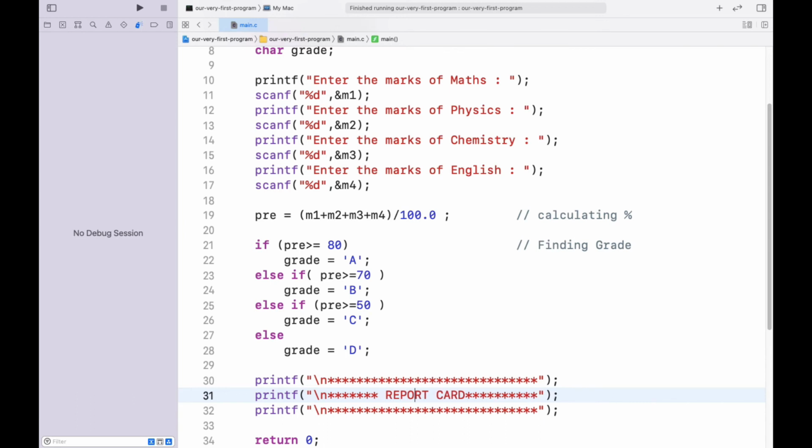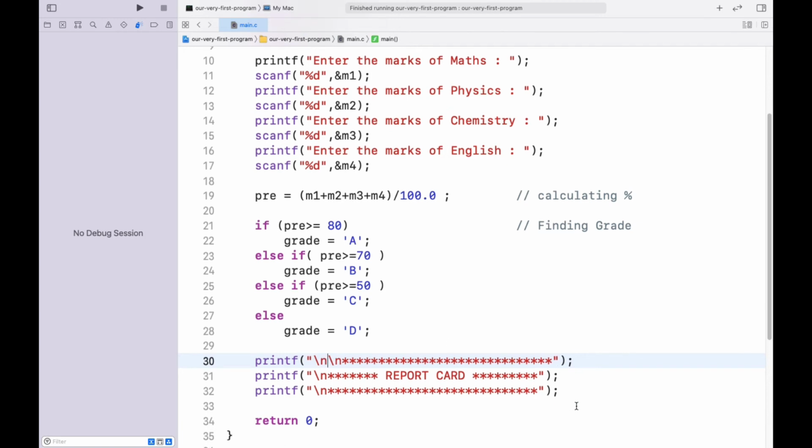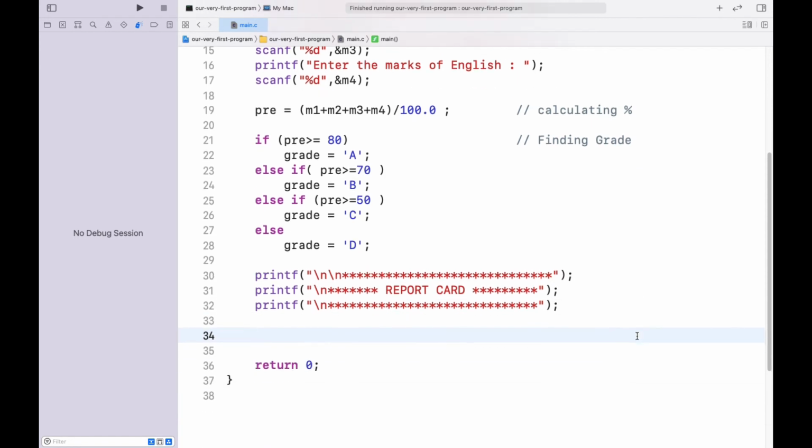So I guess they are doing very well. This heading, I think this heading looks beautiful. And next we are going to print all the marks.